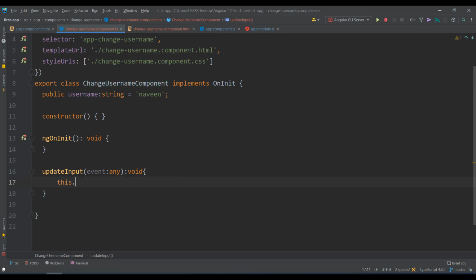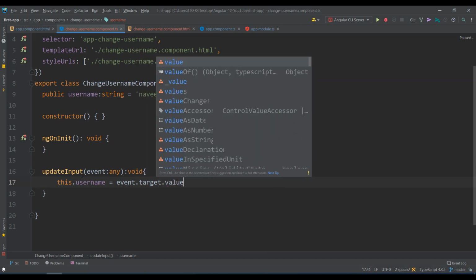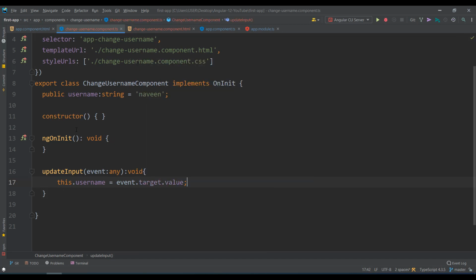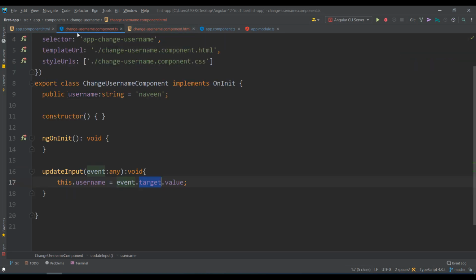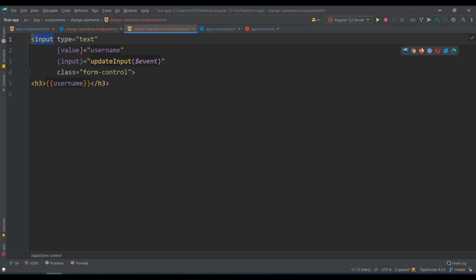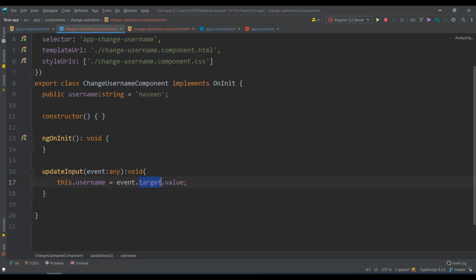How do you update? this.username, which is a string only, is equal to event.target.value. So this.username is equal to the event which has occurred, .target. Target signifies on which element the input has occurred, which is the input element. So .value means this input's specific value. What you type becomes the value. So this is the manual process.